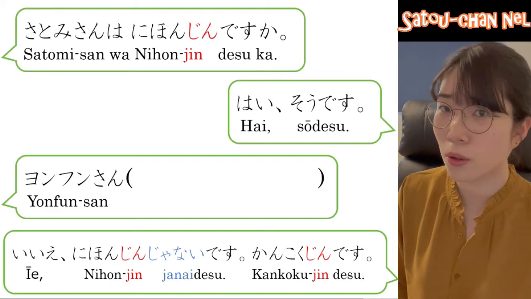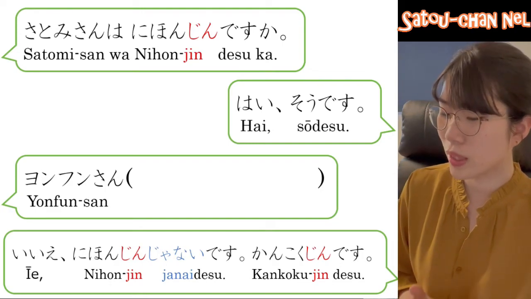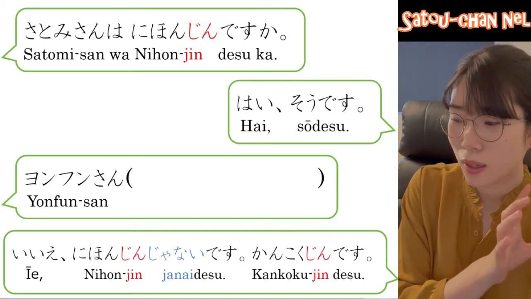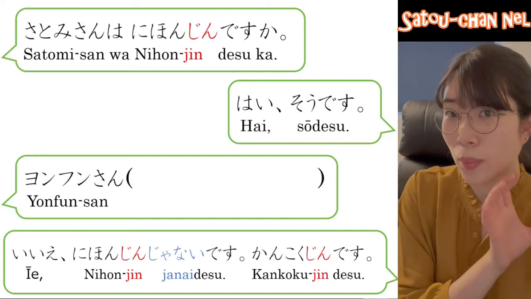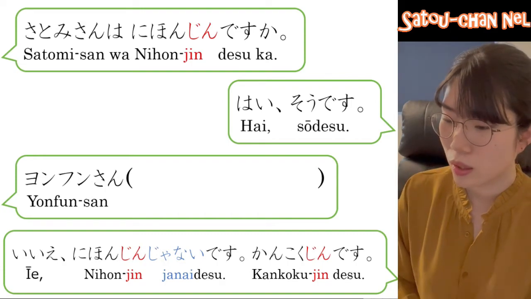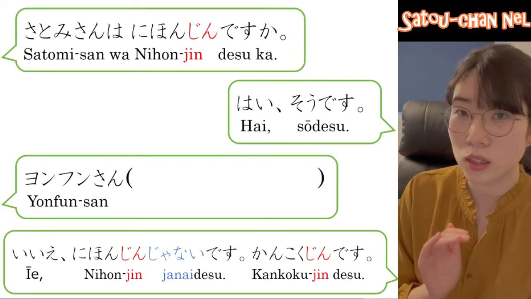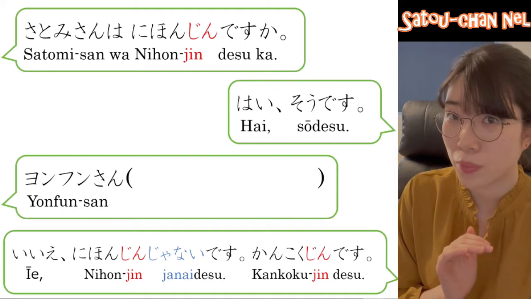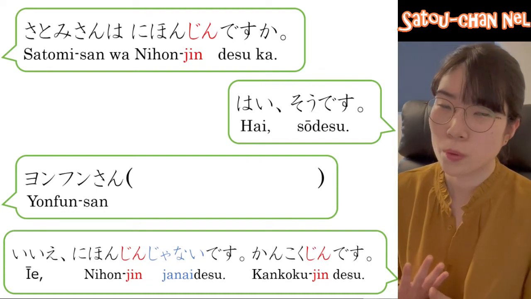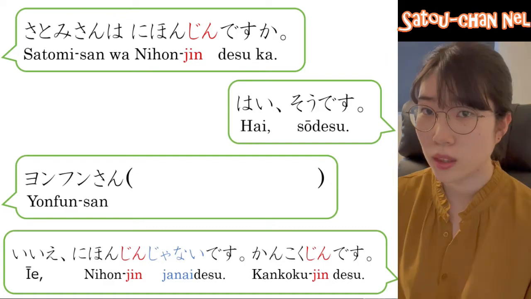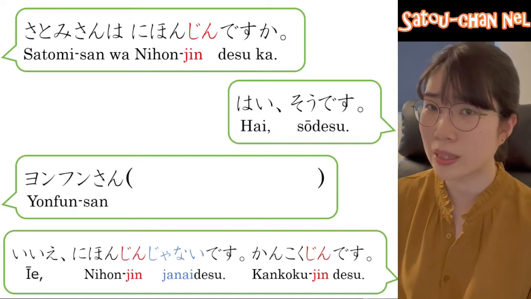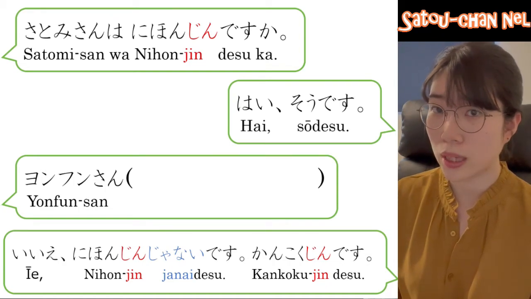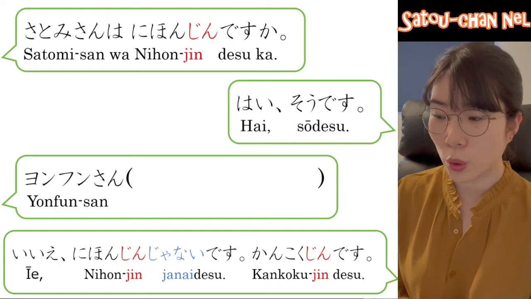韓国人です。Korean. So, please fill in the blank. ヨンフンさん blah blah blah. It has to be a question about ヨンフンさん。And the answer of that question is いいえ、日本人じゃないです。No, not Japanese. 韓国人です。Korean. So, what do you think is the question? The answer is no, not Japanese. So, the question should be, is ヨンフンさん Japanese? 日本人ですか？